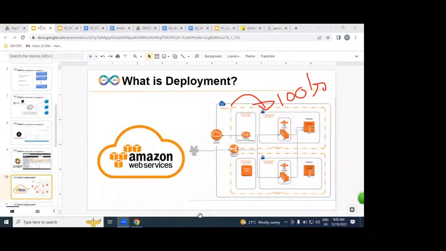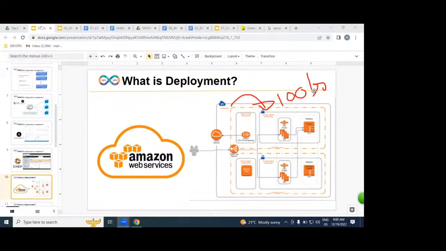And then what exactly are we going to discuss? AWS. AWS, we are going to discuss as a complete course. But here is what we need to understand. As we discussed, how many servers are we configuring in a day? 100 servers. From where are we getting hundreds of servers?